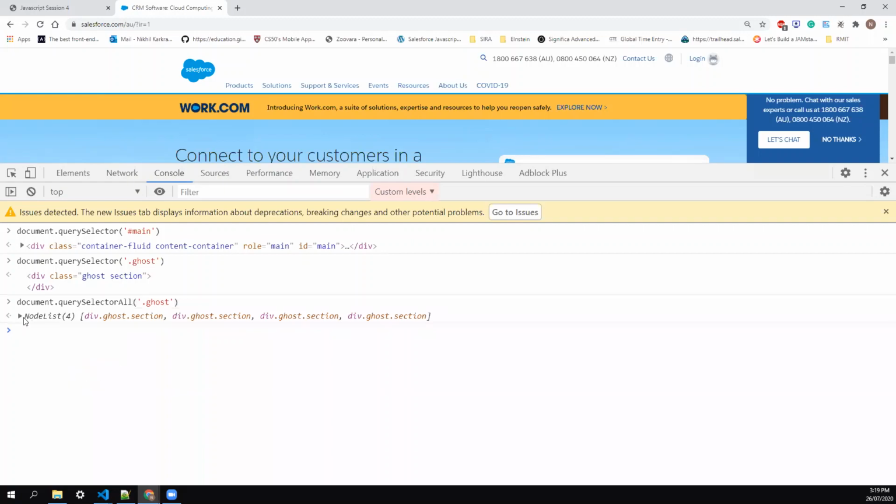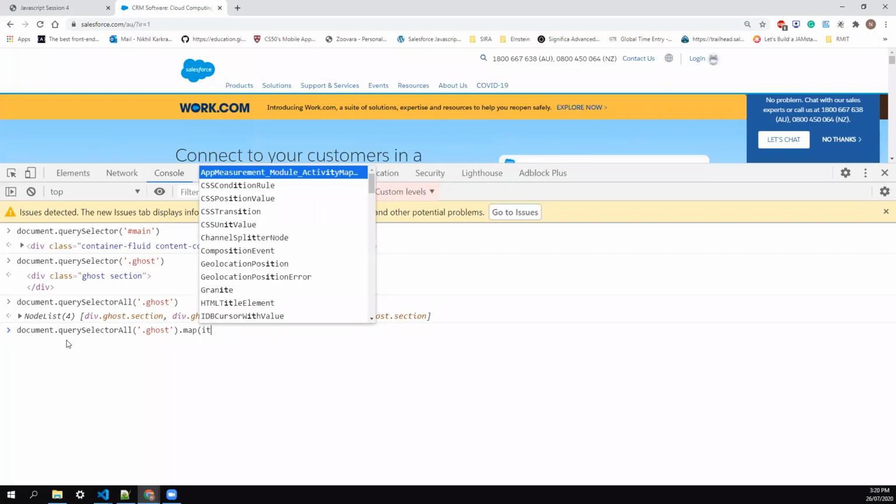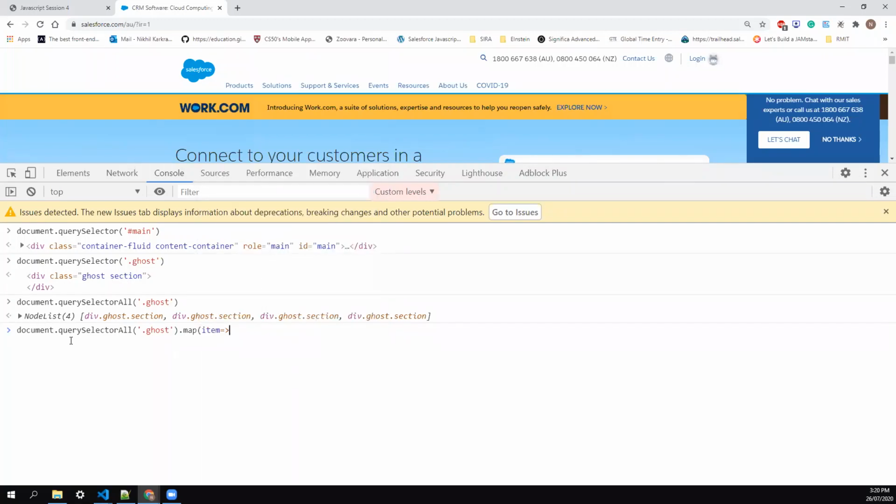And now the most important point, where most people get bugs in real-time production: they just run a loop in LWC directly on the document.querySelectorAll result. I have seen many codes like that, and it's a very bad practice because this result is not an array. You can see it's a NodeList. That is an array-like structure, but it's not an array. I'll prove that quickly. If I run a map, we already know the map function runs on an array. Map is an array method.